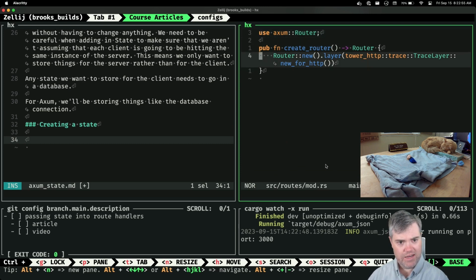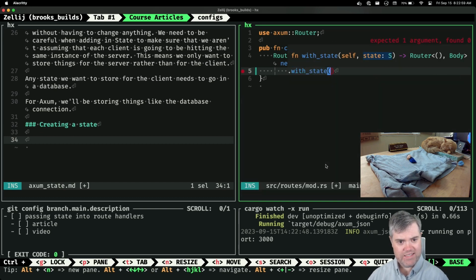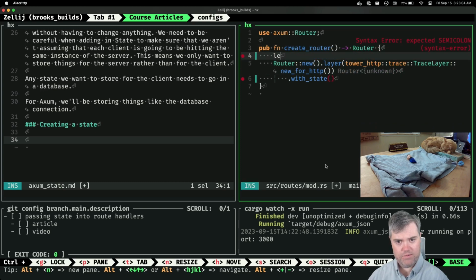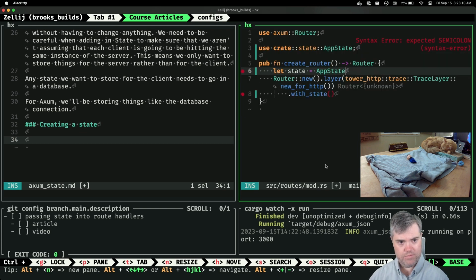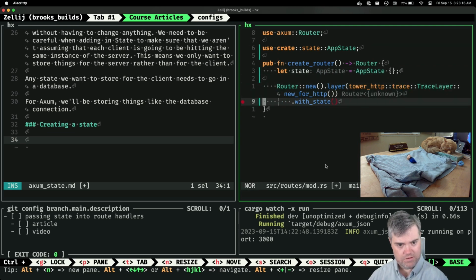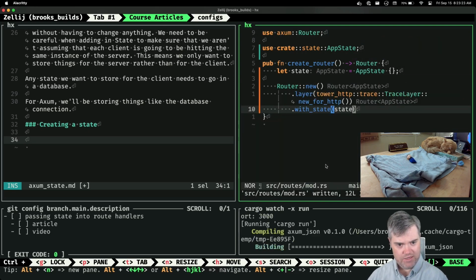As part of the layer, we're going to have a with state, and then we'll add you in.